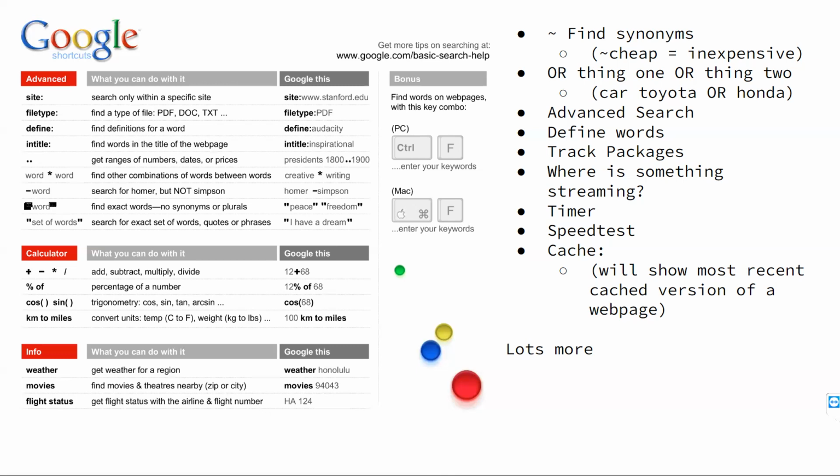The next one that I find very useful is the minus sign. So that's the hyphen. And this is really useful. My favorite example of it is if you're searching for Jaguar information, it could mean the big cat, or it could mean the car. So what you can do is if you want to know the top speed of a Jaguar, the cat, you can type in top speed Jaguar and then minus car.